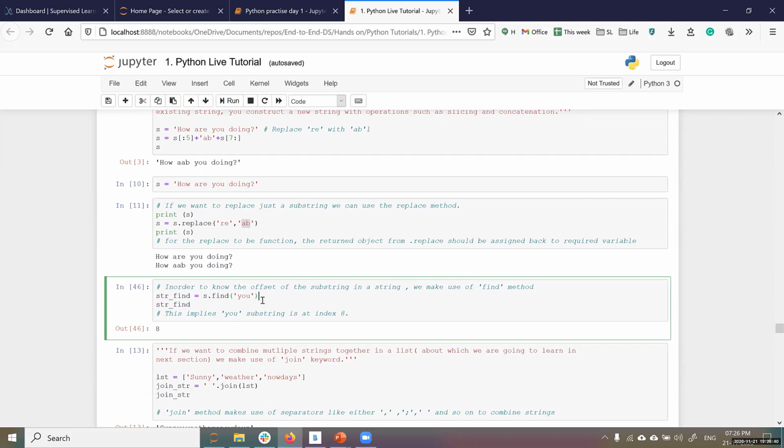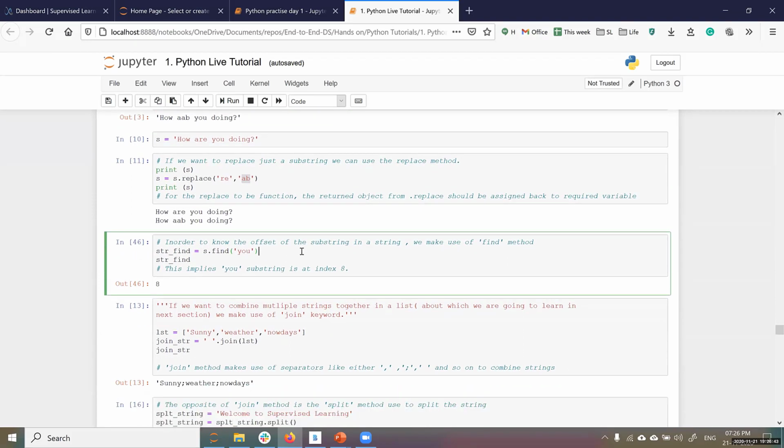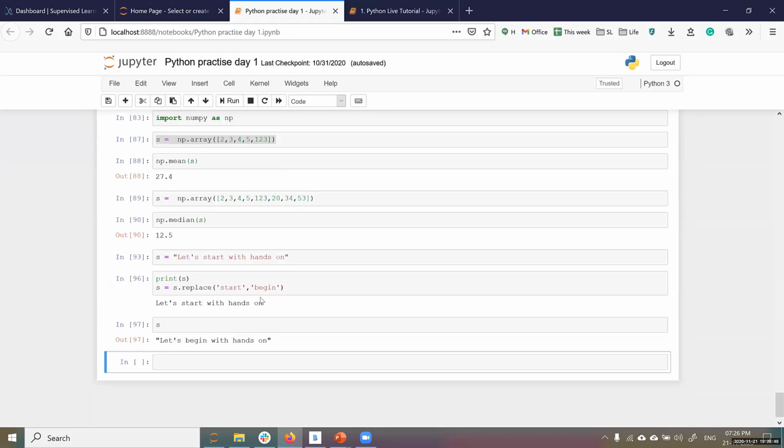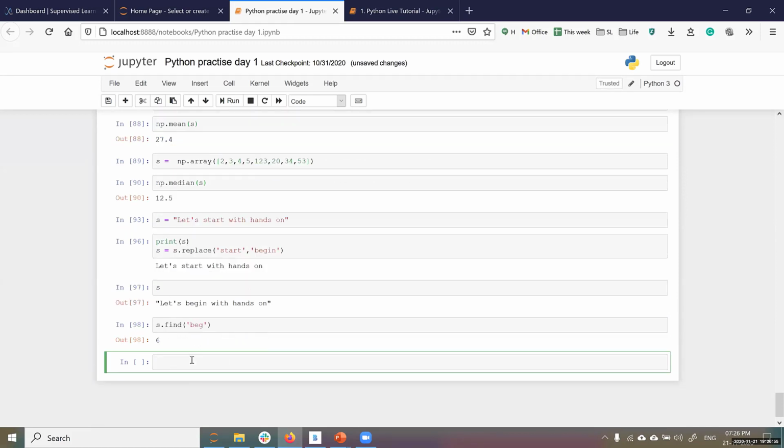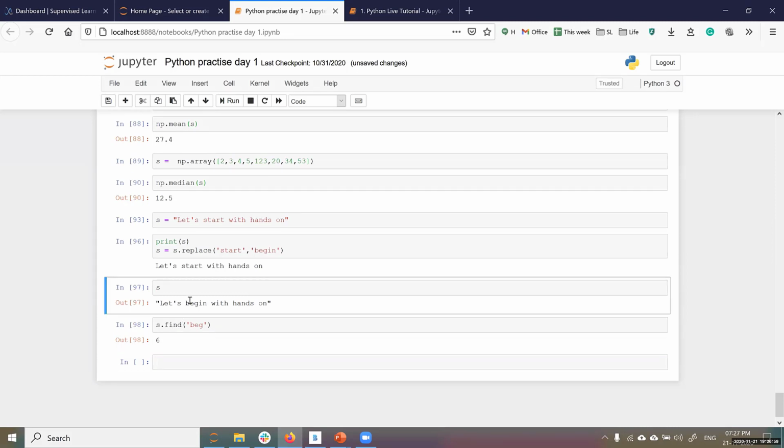And by the way, one more thing called find. Find gives you the index where the substring starts. So s dot find, 6. Why 6? Because the index of beg is 6.